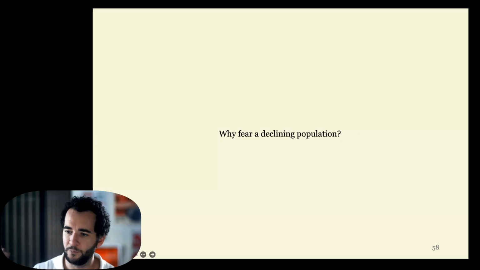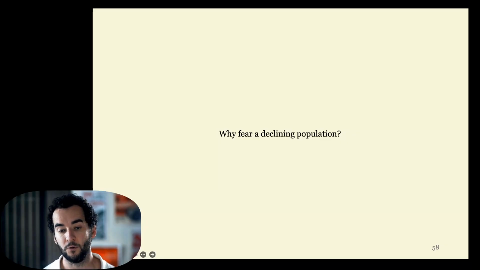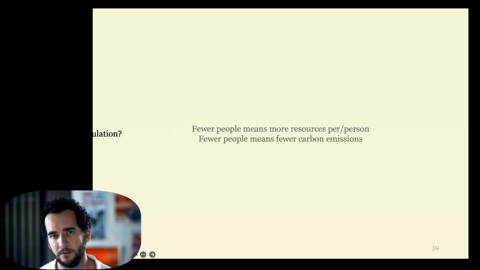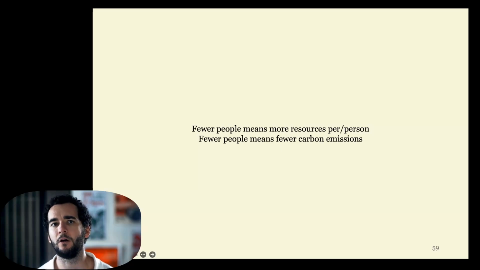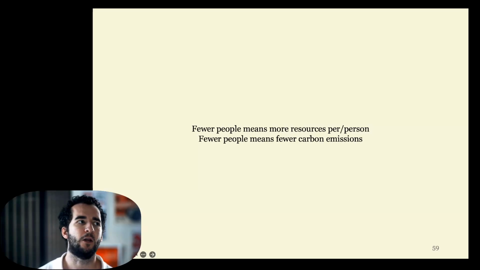For every additional person added to a population, assuming static resources, the fewer amount of resources there are that can be allocated per person, right? That's why we measure things per capita. So, right, if that's true, wouldn't the opposite be true for a population collapse, where there are fewer people? Don't we have more resources per person in a world where